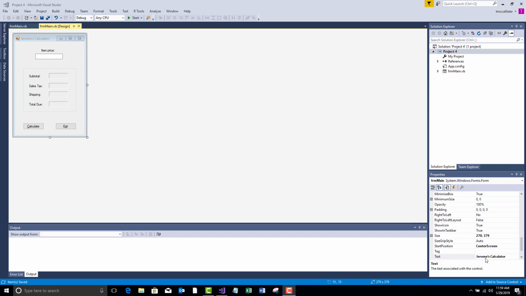Okay, welcome to the Project 4 video, which is basically Jerome's calculator. The item price is entered, and the subtotal is initially whatever you have accumulated. So, according to the book, you put in, what was the number? 1575, right? It calculates the sales tax based on 5%. Calculates the shipping based on $6.50 unless it's $100 or more, then they get free shipping. So there's a decision in there, and then the total due adds up everything, subtotal, sales tax, shipping, and all